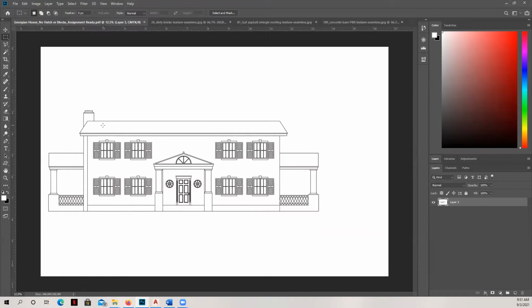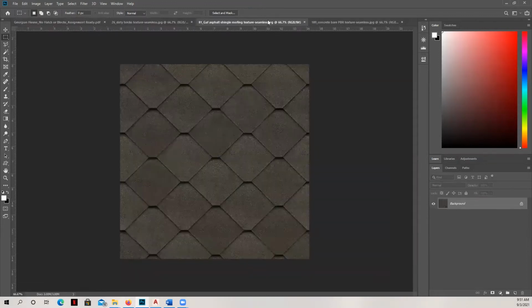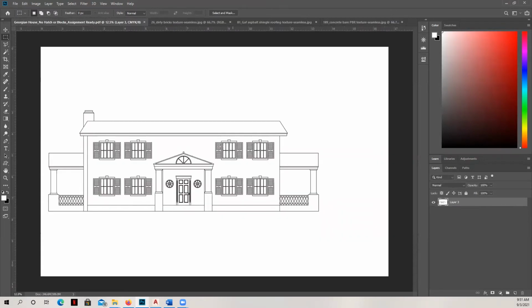Now, the only issue with the roof is that the pattern itself here is not condensed as it would be in a perspective like this, right? Because even though this is not in perspective, it would not be condensed in an elevation such as this. But you can see here, it is an elevation at an angle, so it would actually be squished down just a little bit. But for right now, I'm not going to worry about that. I'm just going to go ahead and define the pattern.